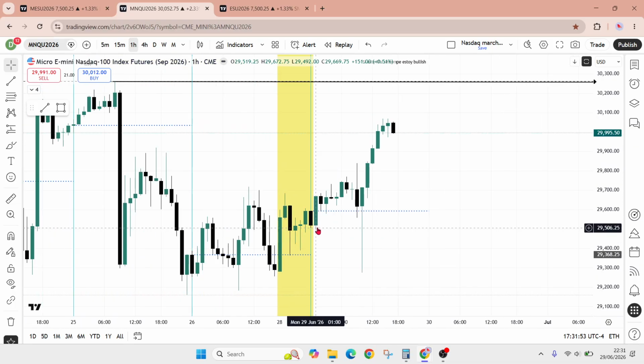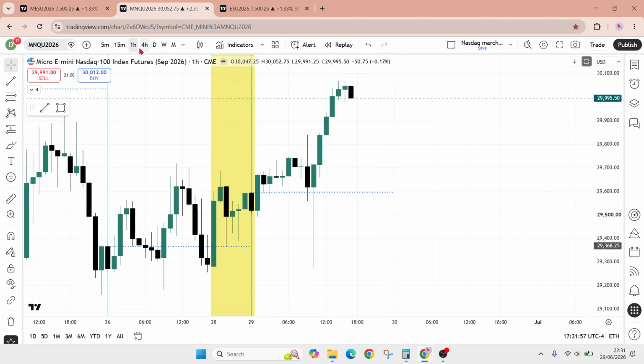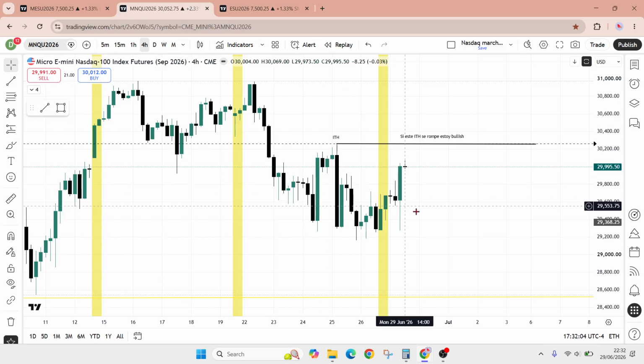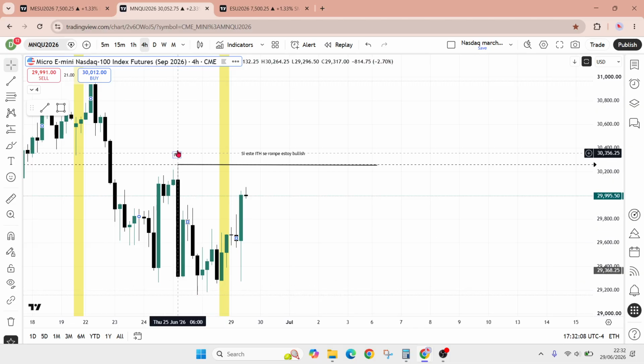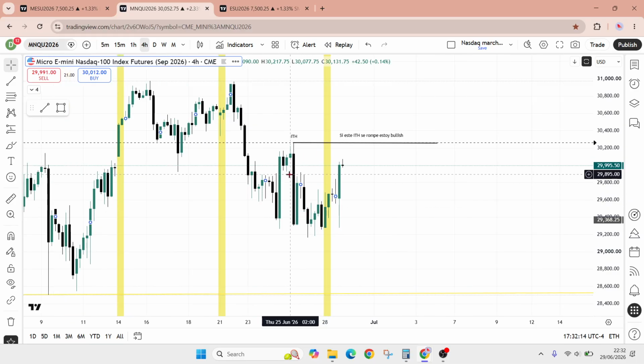Today, I wasn't confident to place a trade. Why? Because we are consolidating and we are barcoding here, and I want price to break down here or break up here, and my bias on the weekend was still bearish. Now we are getting very close to start becoming bullish, and we will have to break this intermediate term high.